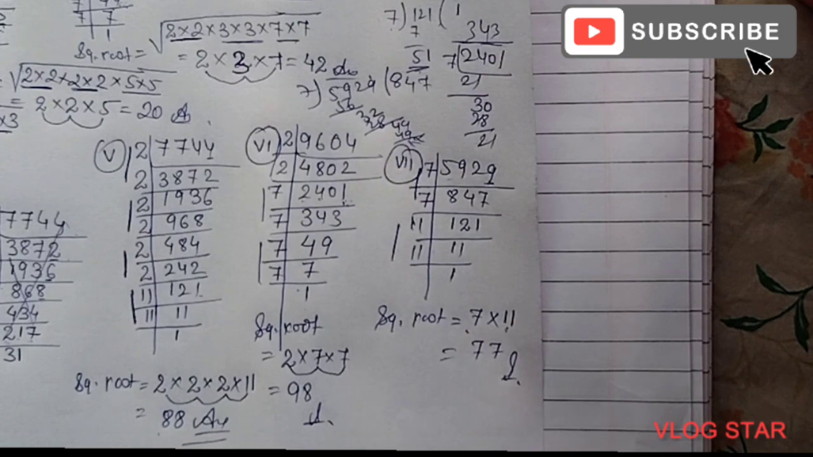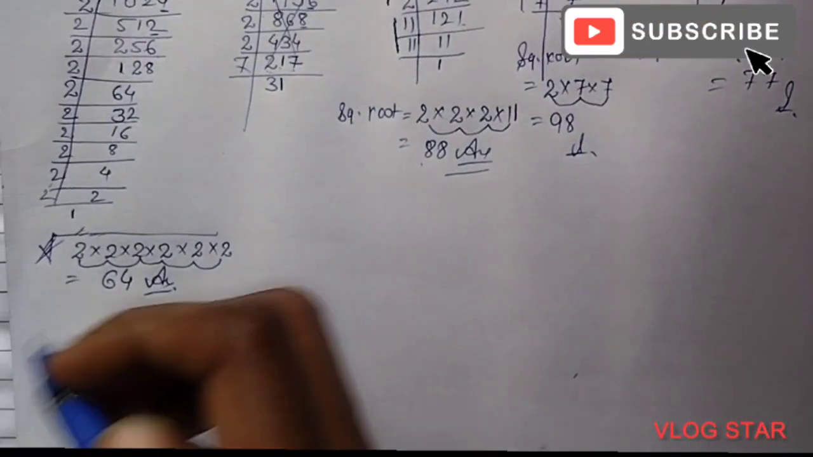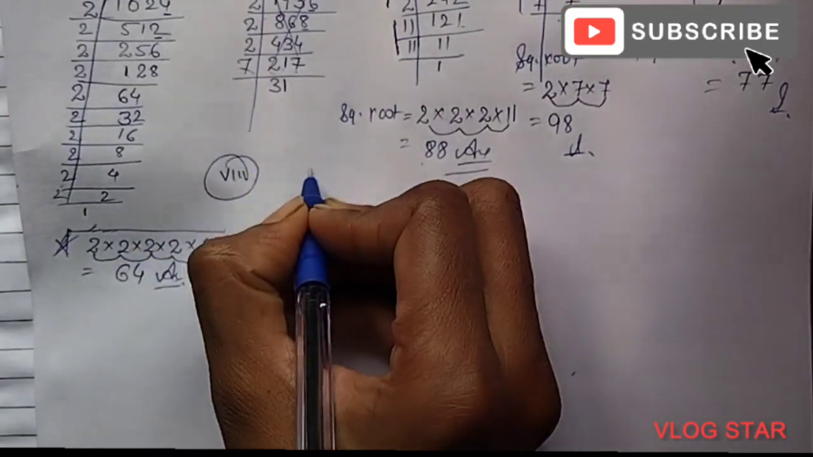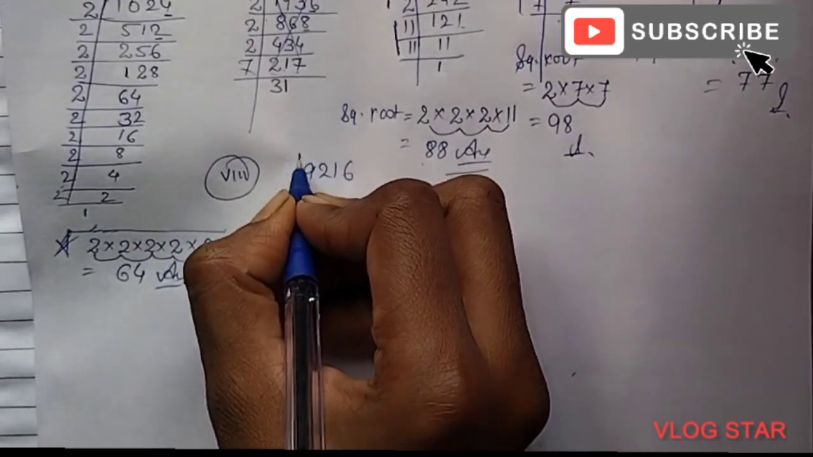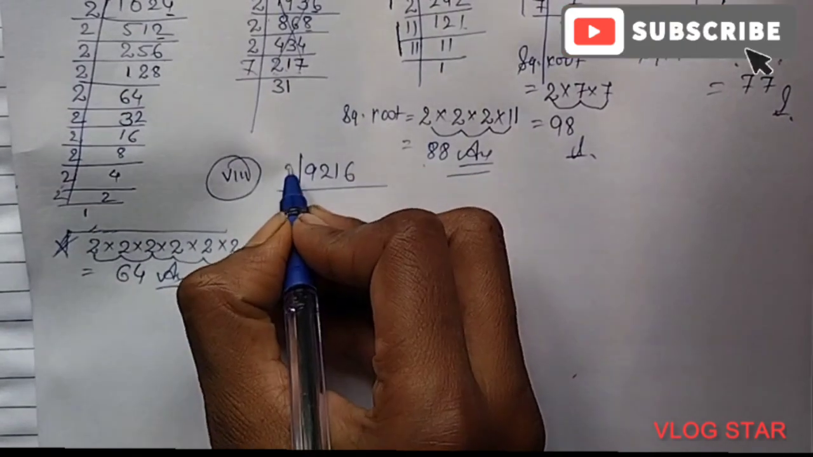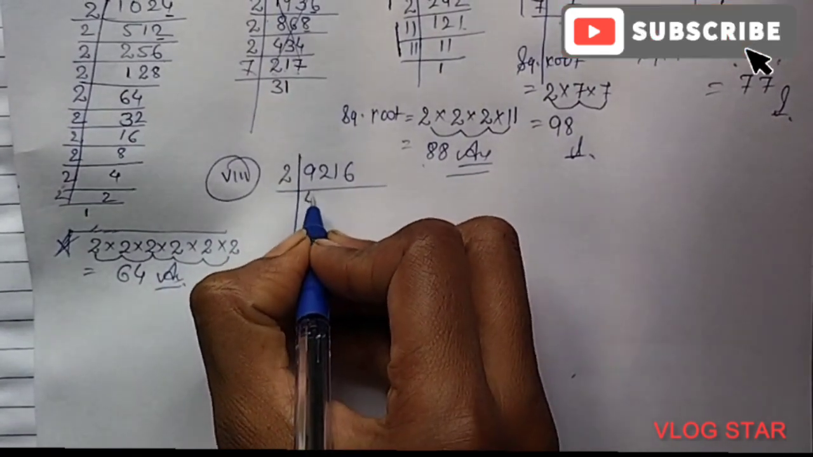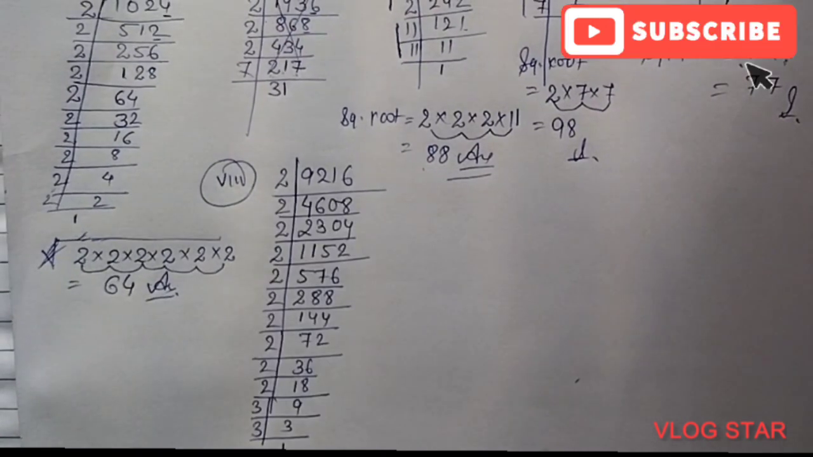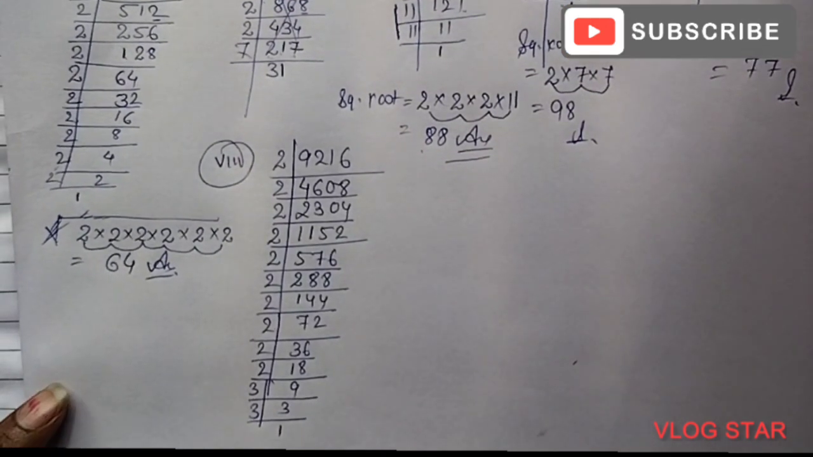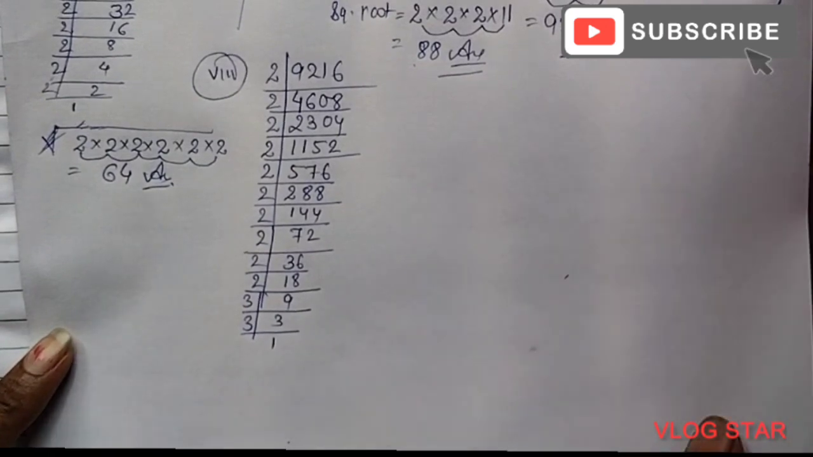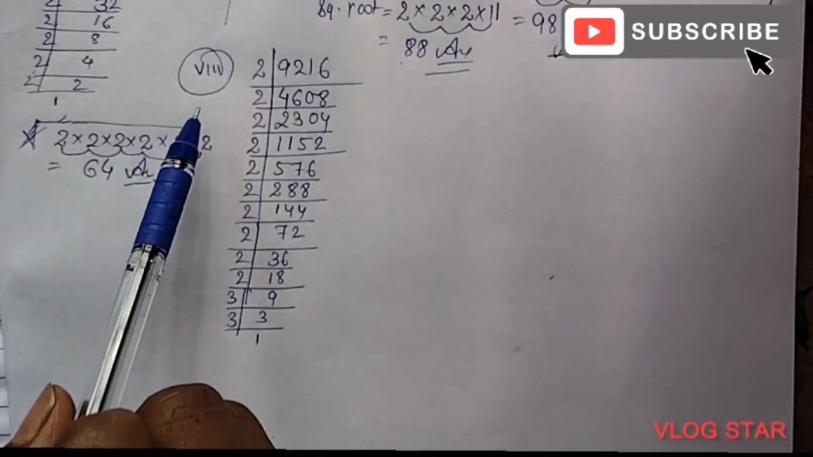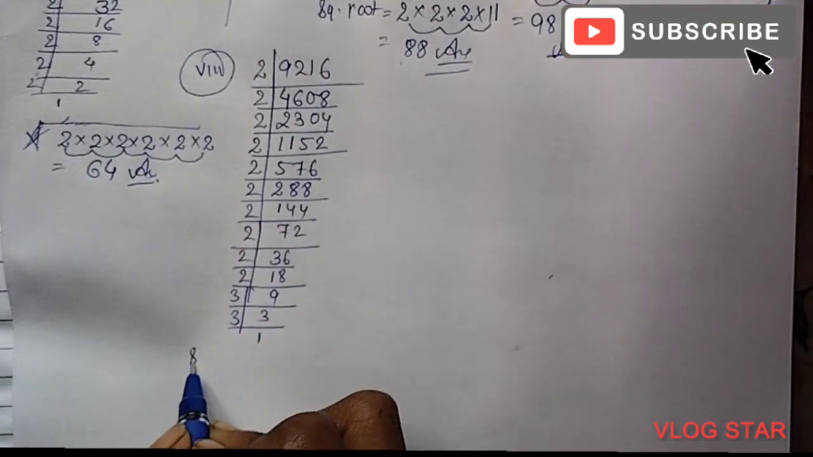Next question number 8. So question number 8 is 9216. This number ends with 6, so we will divide it by 2. In a similar way you can divide and check. So I factorize it and divide all this. In a similar way you can also divide, because I told you the divisibility rule of 2 and 3. Now the square root will be